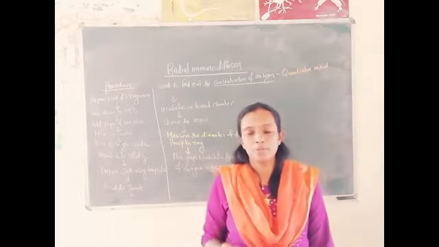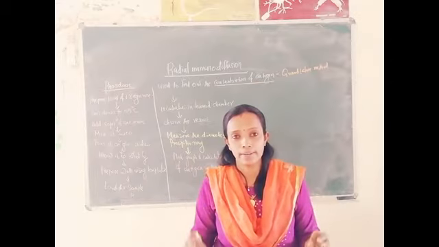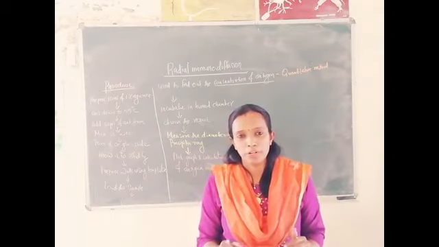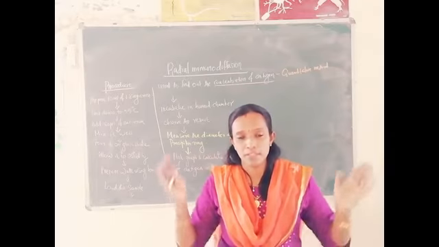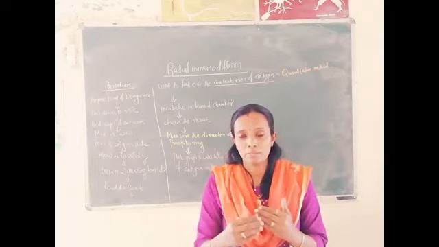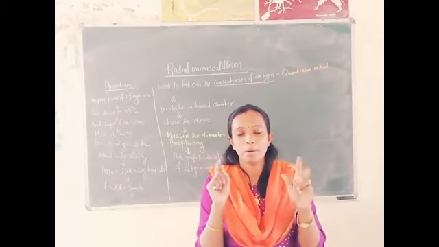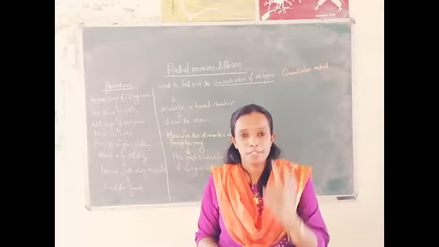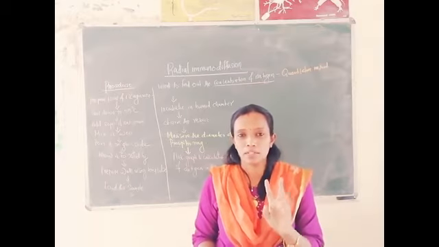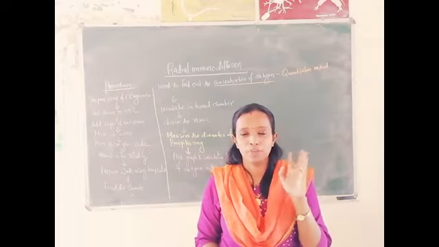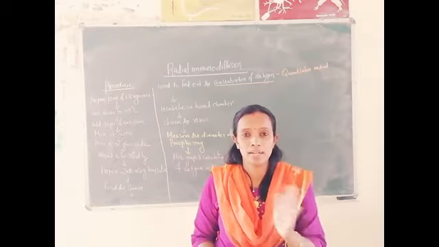In the case of double immunodiffusion, both antigen and antibody will be loaded in the wells. When you keep it for incubation, both antigen and antibody will diffuse out of the well, and diffusion happens. Reaction can be seen in the form of a precipitin arc. If you remember, there are three patterns of precipitin arc: X-shaped, Y-shaped and V-shaped arc.